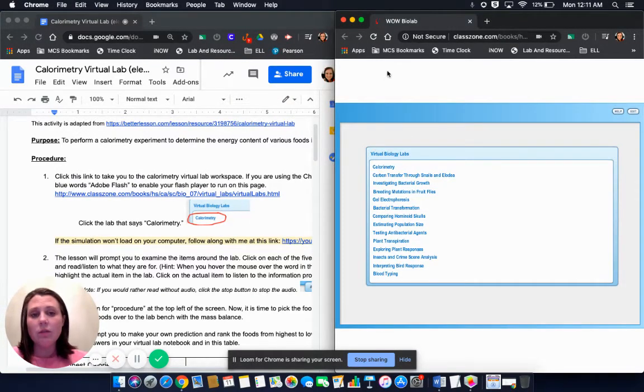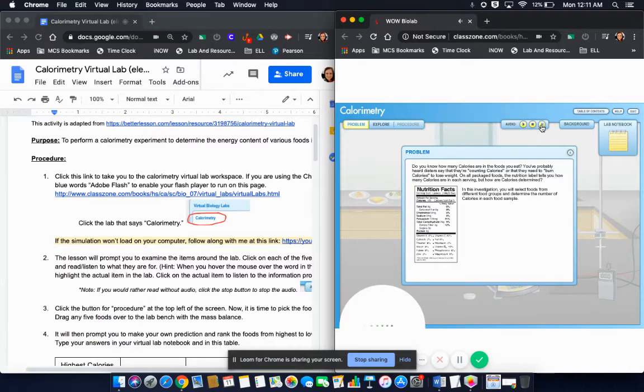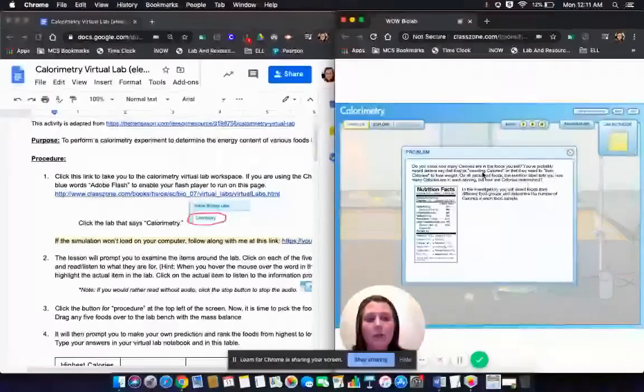Once you do that, it'll open up to this page, and you're just going to click this top calorimetry button. I'm going to pause him. Up here at the top, you have some little controls for the audio. I think it's helpful to listen to him, but for now I'm pausing him just so you can hear me. Basically, it introduces the simulation and explains how in calorimetry what we're doing